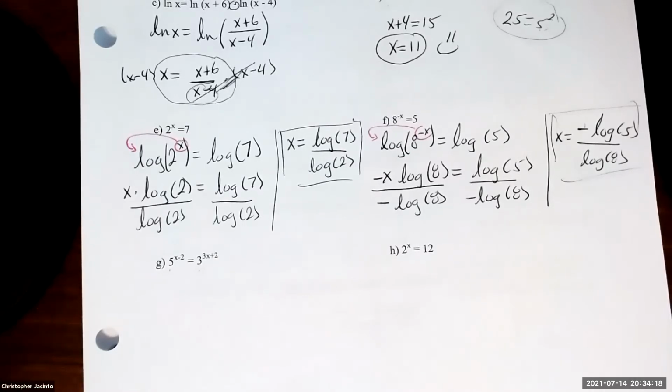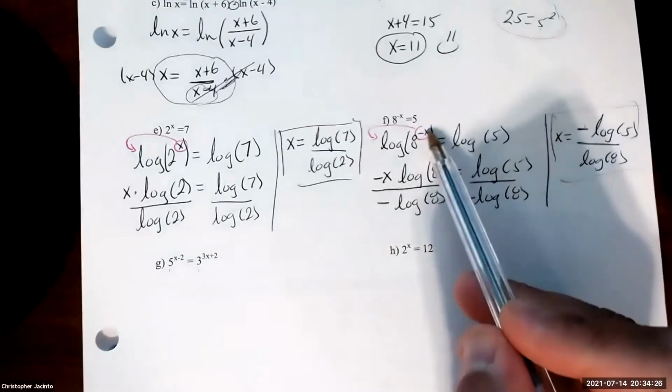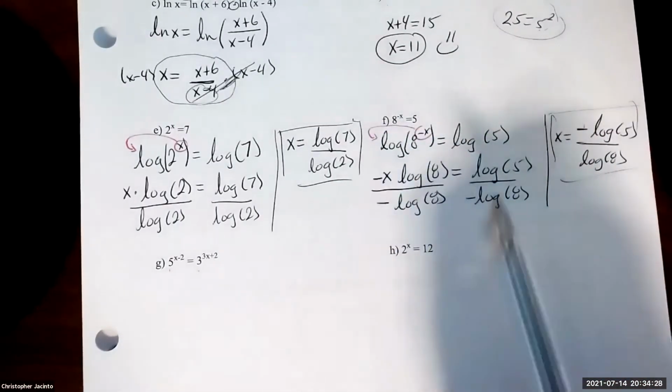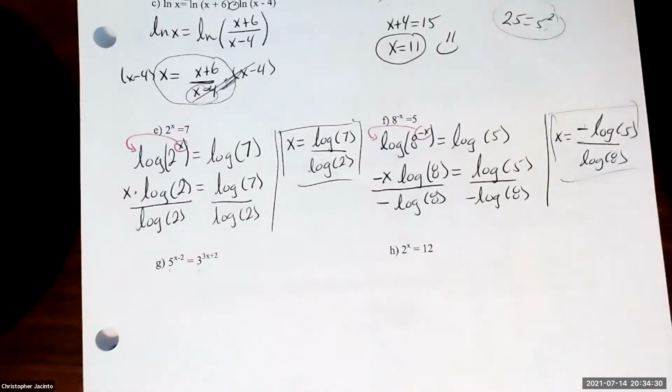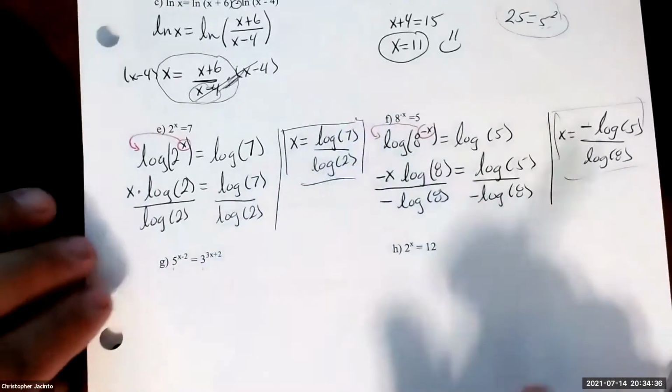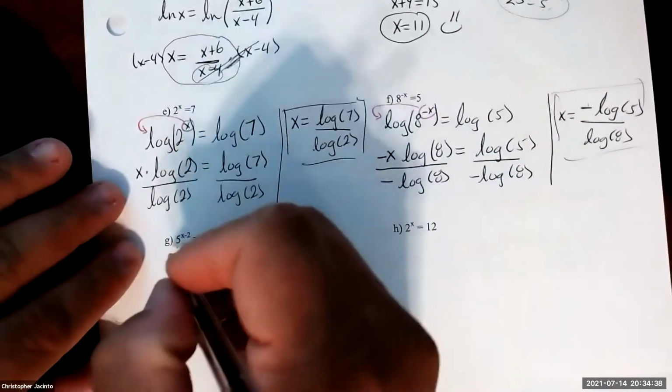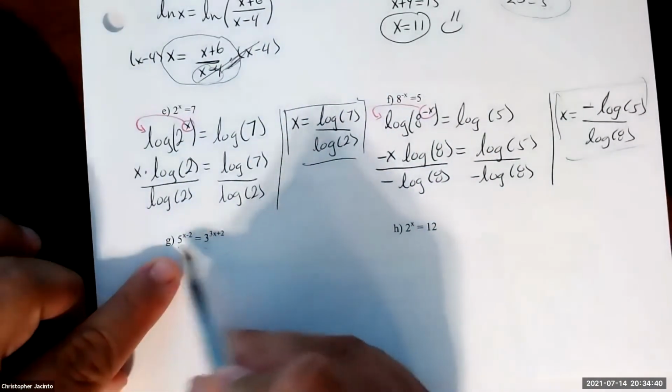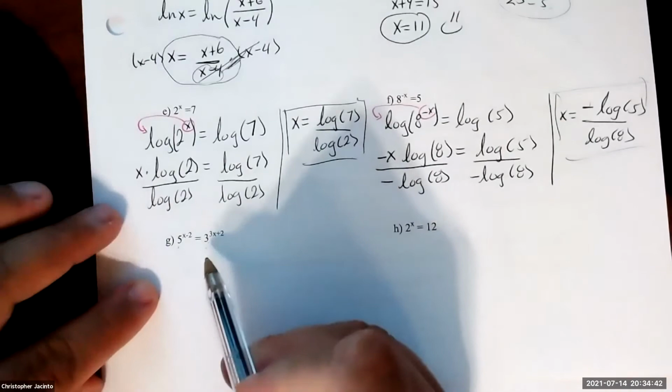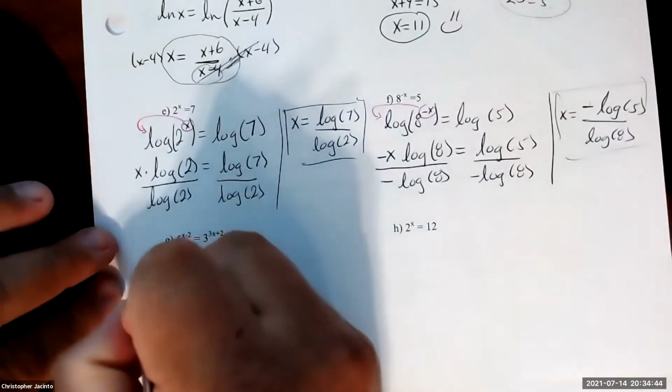Okay. Now, the hardest of these ones is, well, what if it's not just like a one quick step process, right? What if I have to do this to both sides? Well, what if I have to do the power rule to both sides here? And that's what's going to happen for G. Okay. So again, there's no way I can go from 3 to 5, 5 to 3, right? Some nice power. So if I take the log to both sides,